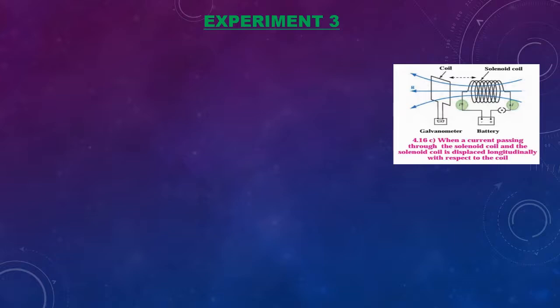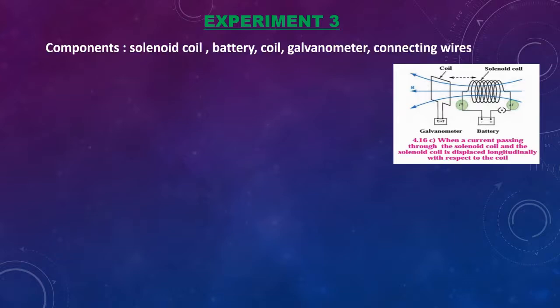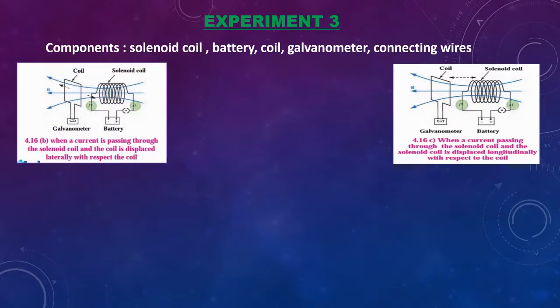So moving on with experiment 3. In this experiment we will be needing a solenoid coil, battery, another coil, galvanometer and connecting wires. On the screen we see the picture of the circuit diagram. It is the same as the previous one, experiment 2. The two ends of the battery are connected to the solenoid coil via a key, and the two ends of the galvanometer are connected to a coil,